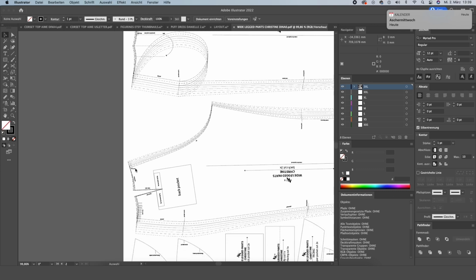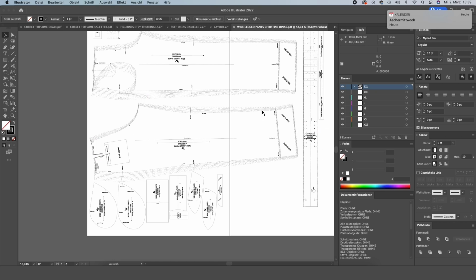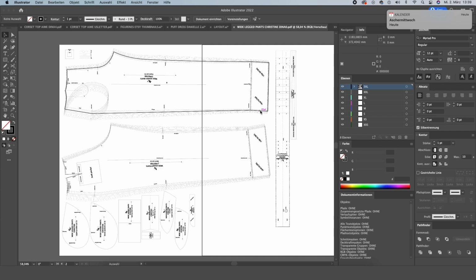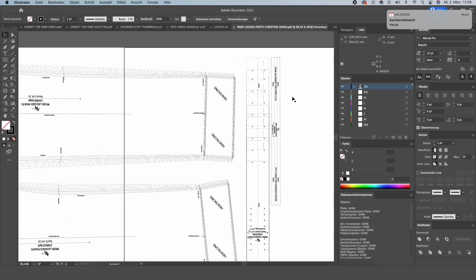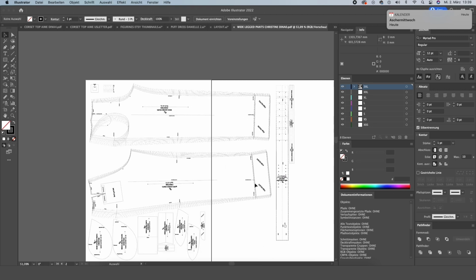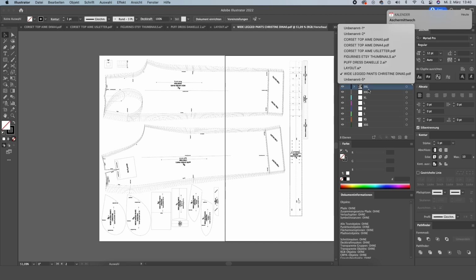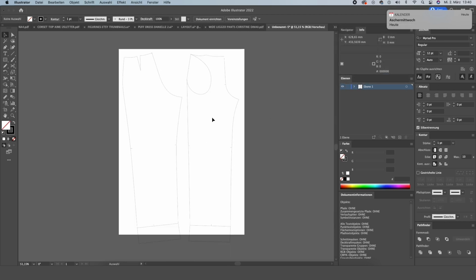They're always the same thing, and just the width of the pants and a tiny bit of the length, for example here, the crotch length, or also the pants themselves generally, are getting longer or shorter. And of course the length of the waistband is adjusted to the waist length of the pants themselves. So let's go to the new document and actually put this a tiny bit further apart,